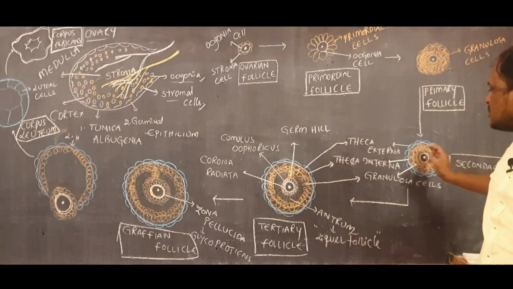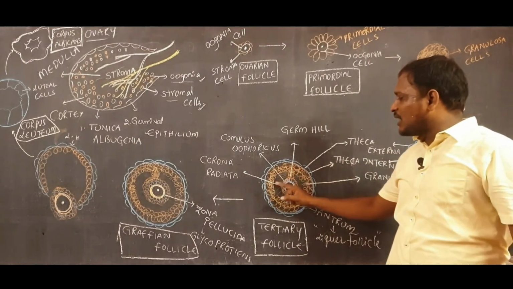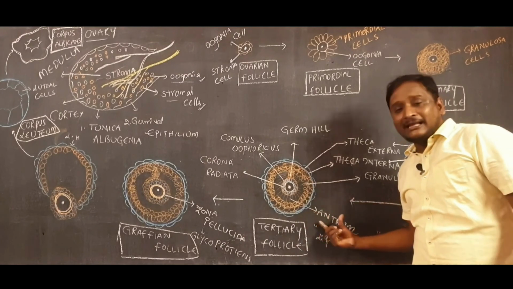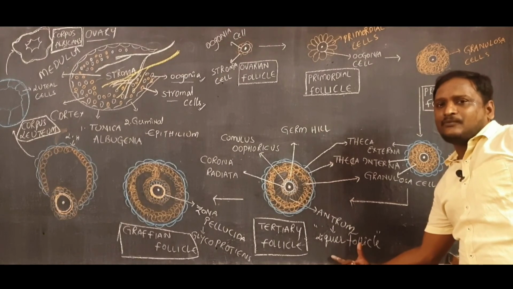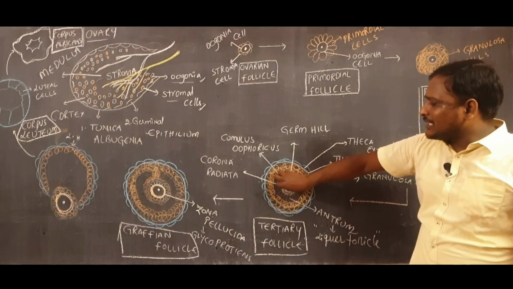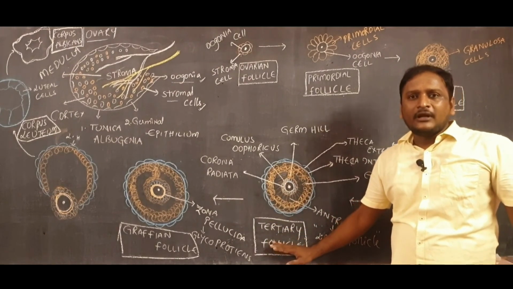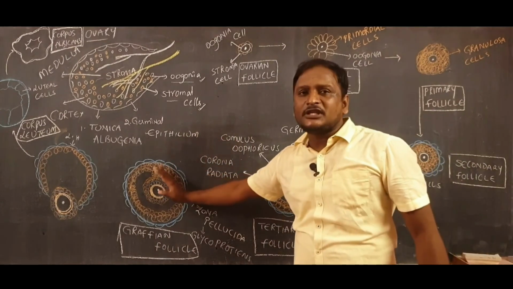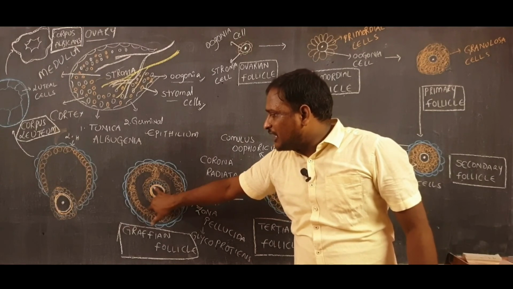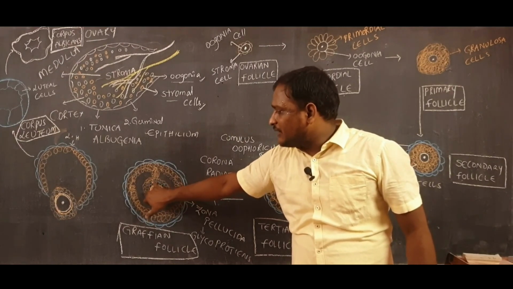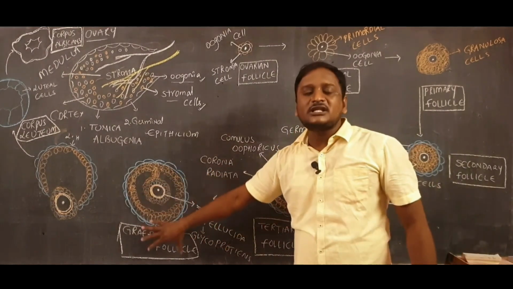When we observe these granulosa cells, they are more in number. And in that, some of the granulosa cells will disappear and form one cavity which is also called antrum. And the antrum is filled with a kind of fluid which is also called liquor folliculi. And this follicle which consists of the cavity like antrum is also called tertiary follicle. And this tertiary follicle then further develops into Graafian follicle. During this, between the female gamete and corona radiata, they form a kind of layer which is also called zona pellucida. That is a characteristic feature of this Graafian follicle.